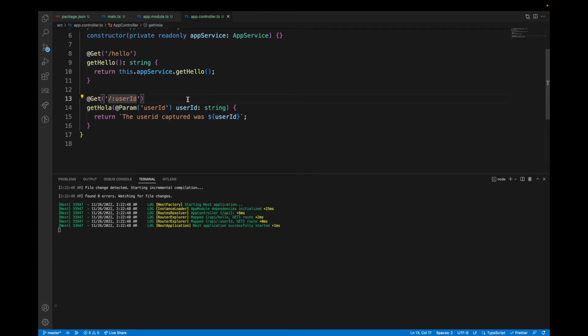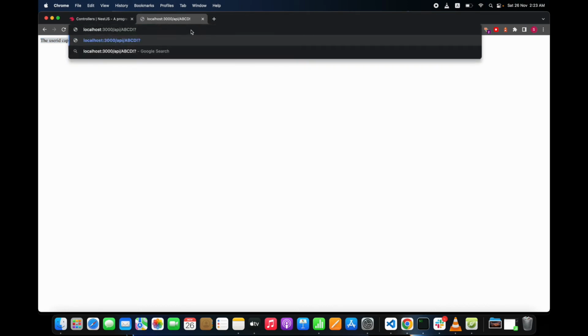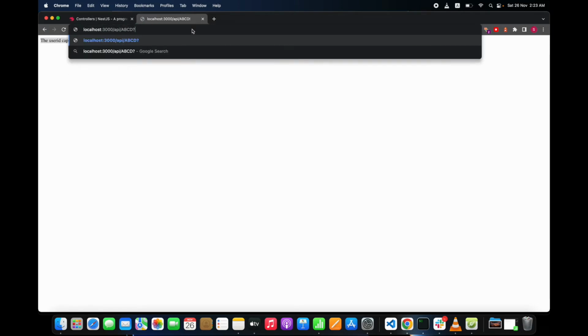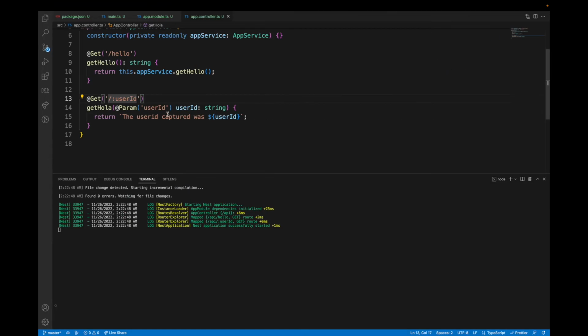There are other ways to pass information in a get request. The other one is a query parameter, and the way you write that is, okay, why do we have a query parameter? Let's say to the same route you want to pass different information based on the context, right? So the way you do it is you write query, this could be anything basically, and this is the query. Okay, now to capture it, you can use another decorator called query,